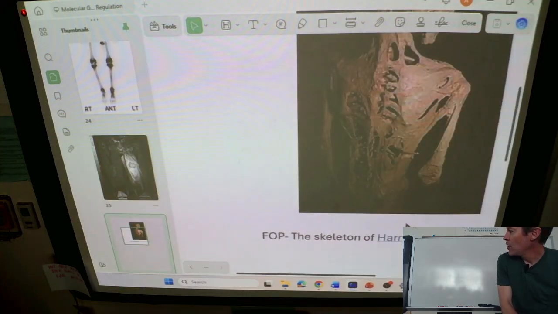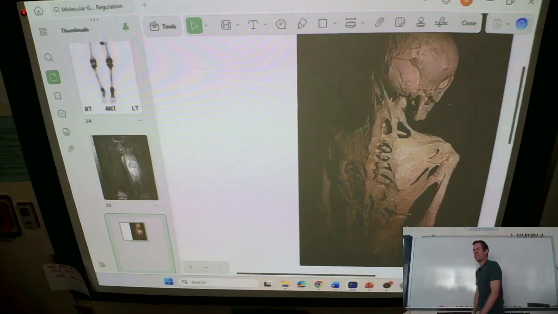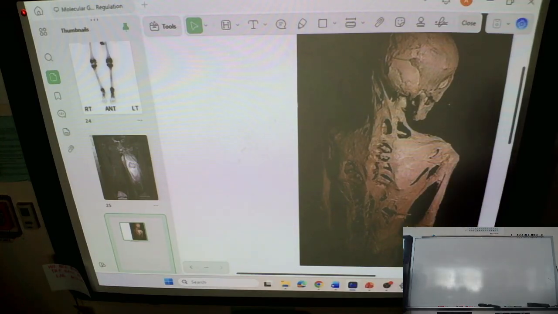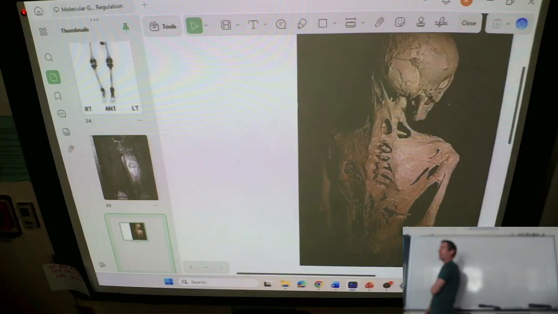One is called MOP, one is called FOP, but essentially your muscles are slowly converting into bone. So whenever I injure a muscle, you or me, if I damage a muscle and I destroy 10,000 muscle cells, I go in and I turn on the muscle genes and I make 10,000 new muscle cells to replace it. Just like if I lose 50,000 skin cells, then I replace it with 50,000 skin cells.